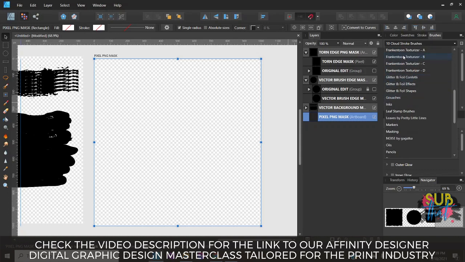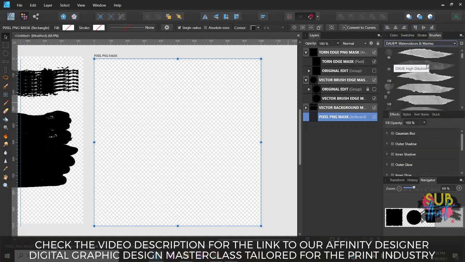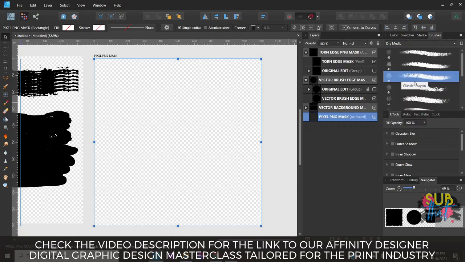You can see all of these, except for the basic ones, the oil pens, markers, inks, those were the ones that came with Affinity Designer, but the rest of these are all ones that I have purchased at one point or another over the last few years. And a lot of these are better if you're trying to do backgrounds where maybe you have a watercolor background. That's a great example of something that you can do with that. Or if you want something that looks a little bit more distressed. So we can pick this one, classic crayon. So we'll click on our paintbrush tool,